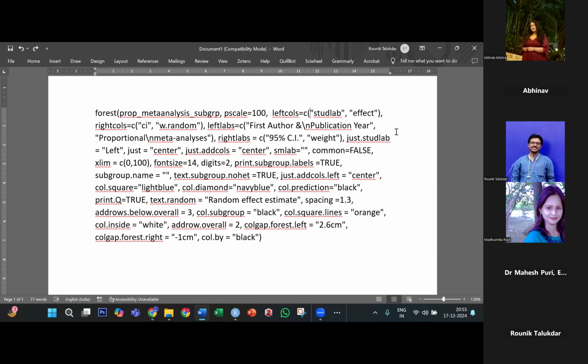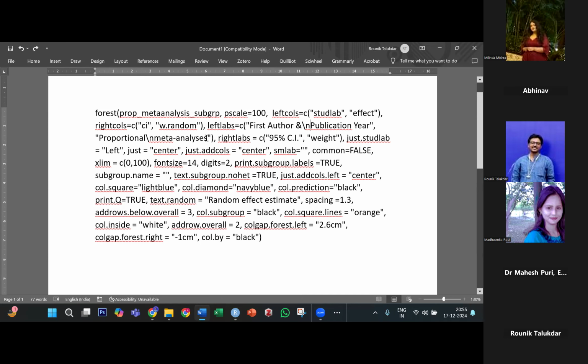तो तुम बोलोगे नहीं मर्जी का क्यों लिखोगे, वहाँ पे ऑथर का नाम और पब्लिकेशन ये रहेगा। तो सिंपल यू कैन राइट वॉट एवर यू वांट। सो मैंने लिखा है फर्स्ट ऑथर एंड पब्लिकेशन ईयर, और यहाँ पे जो स्लैश एन दिख रहा है ना, इसका मतलब है गो टू द नेक्स्ट लाइन। मतलब फर्स्ट ऑथर एक लाइन में होगा, इन द नेक्स्ट लाइन पब्लिकेशन ईयर लिखा जाएगा। सो दैट इज डेजिग्नेटेड बाय स्लैश एन। तो लेफ्ट कॉलम में तुम बताए थे स्टड लैब चाहिए और इफेक्ट चाहिए, तो स्टड लैब के लिए लेबल हो गया फर्स्ट ऑथर पब्लिकेशन ईयर, और इफेक्ट का होगा प्रोपोर्शन। तो मैं यहाँ पे प्रोपोर्शनल मेटा एनालिसिस लिख दिया।